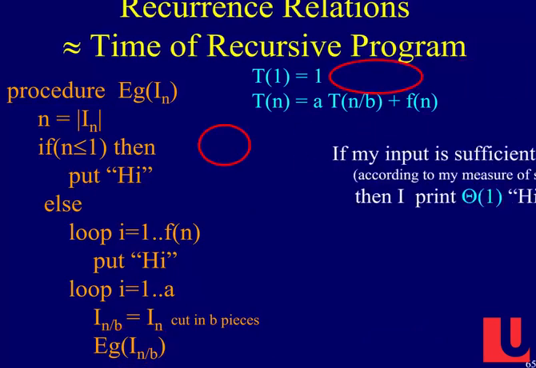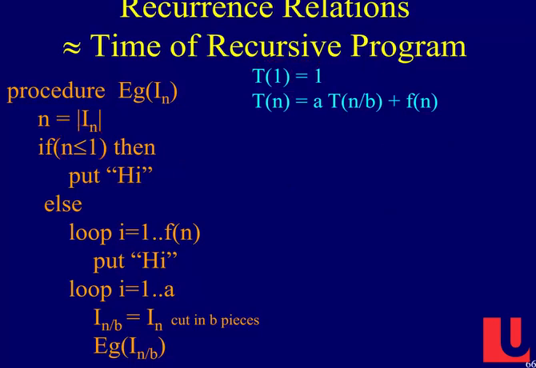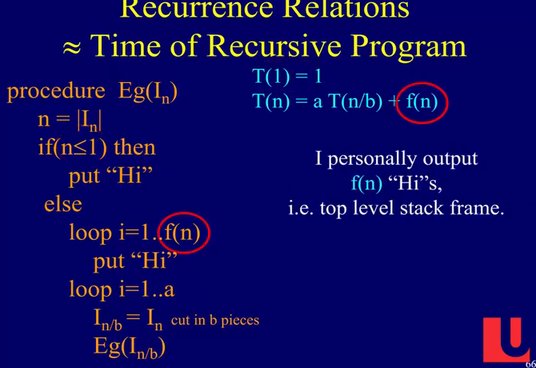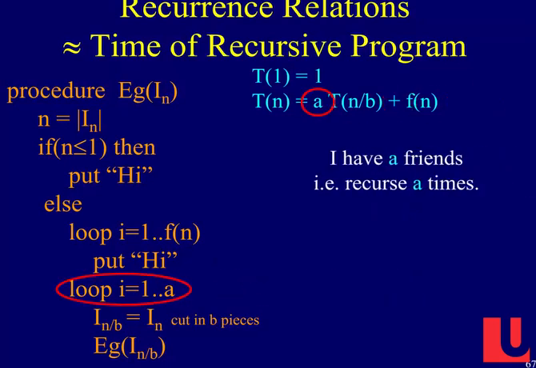They're printing highs. Well, this is a recursion I gave you. This is my personal work. This is how many friends I have. So look at, I'm looping here. I have a friends. In fact,